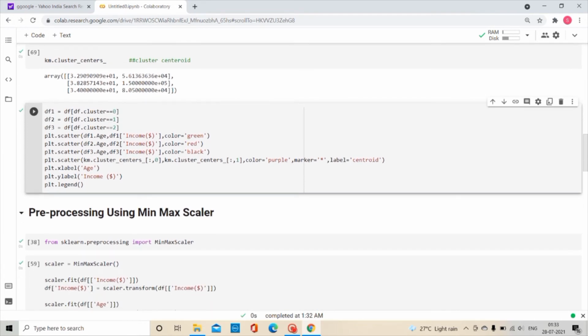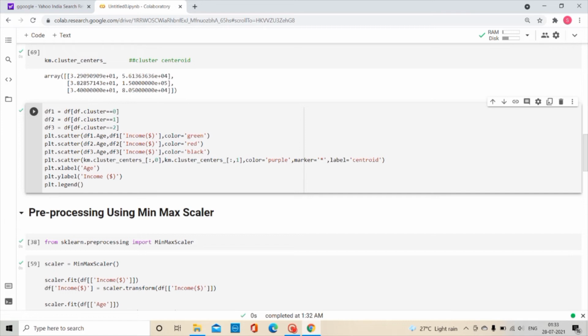So we also use plt.scatter with km.cluster_centers_, including all the rows with the first column as x on the x-axis, and all rows with the second column on the y-axis, and we will use color purple and marker star and label that as our centroid.